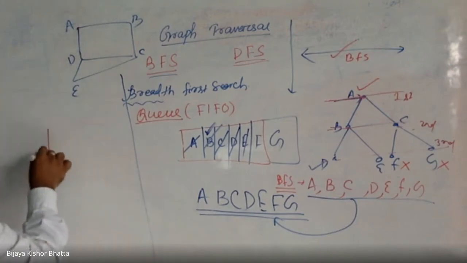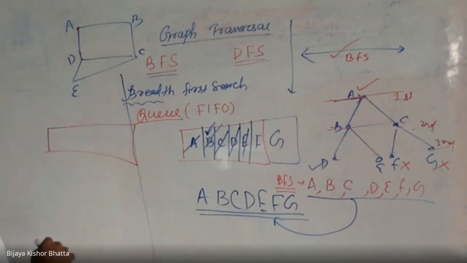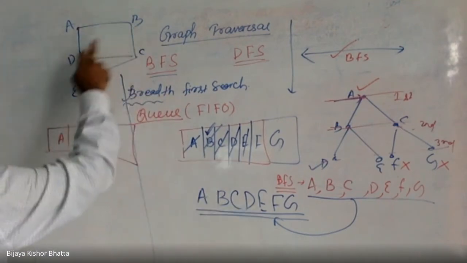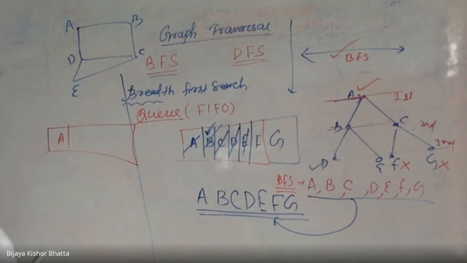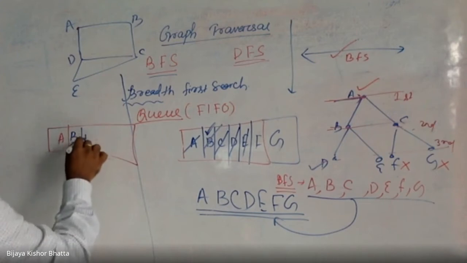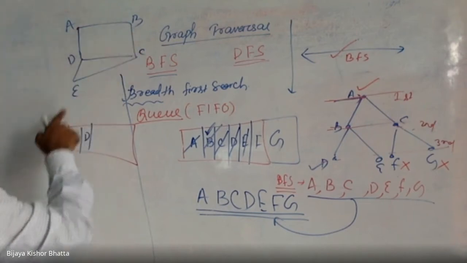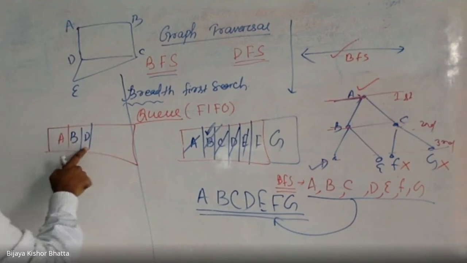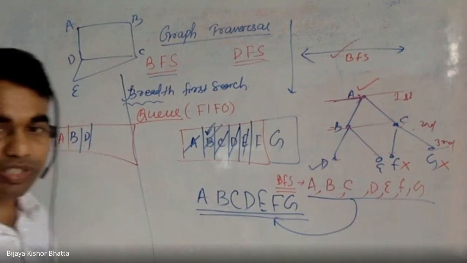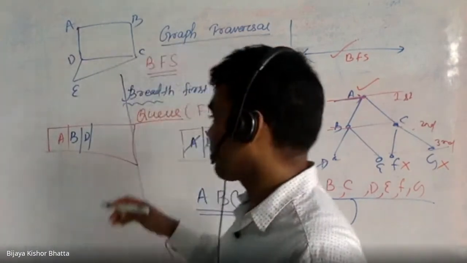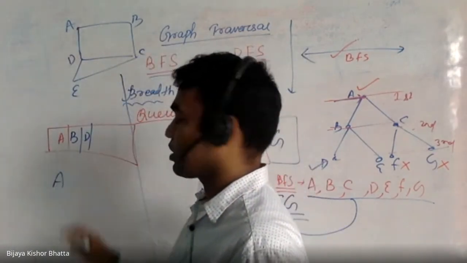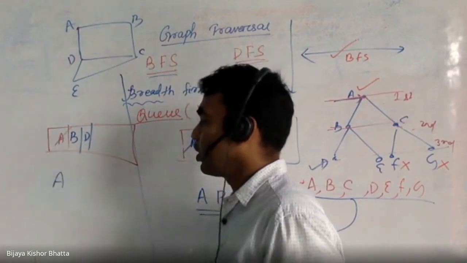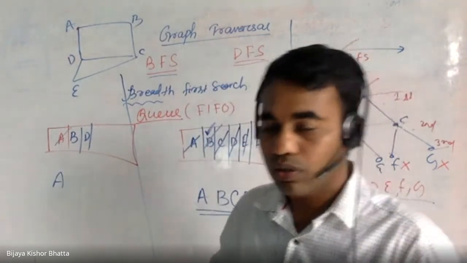You will again take the same Q. First of all, you insert A. Once you have inserted A, you check who all are adjacent to A. B and D are the two adjacents of A. So let's insert whoever is adjacent to A: B and D. Now since A does not have any further adjacency, I am ready to process A. So let me process A. This is my output. A is processed because no dependent is there now on A.